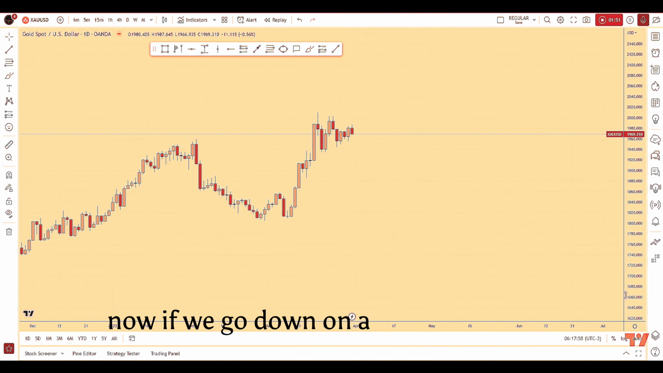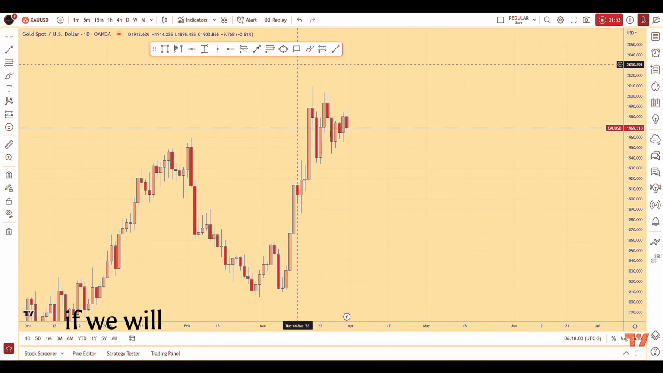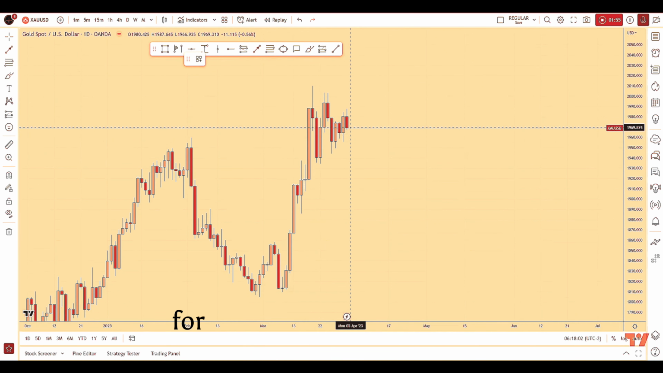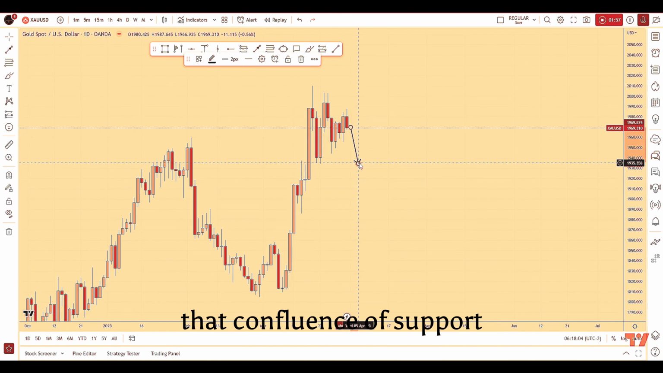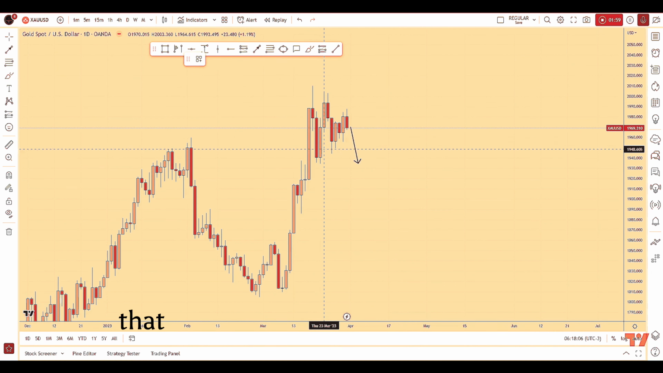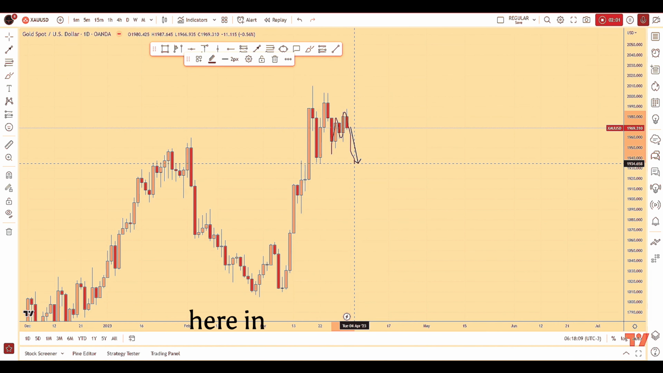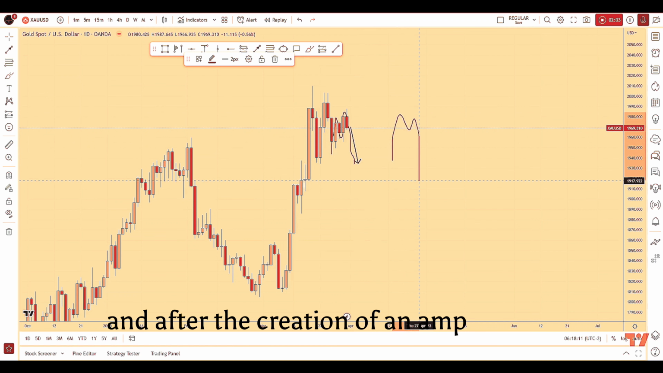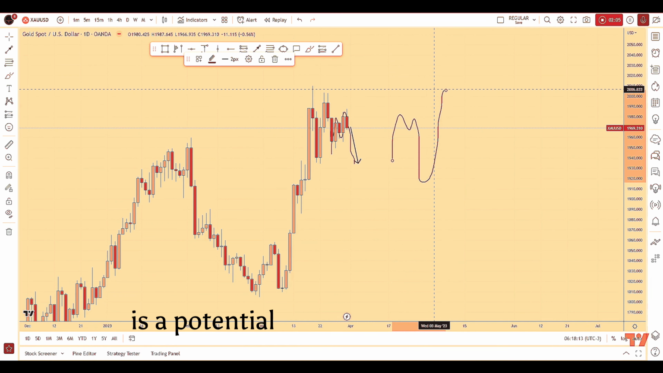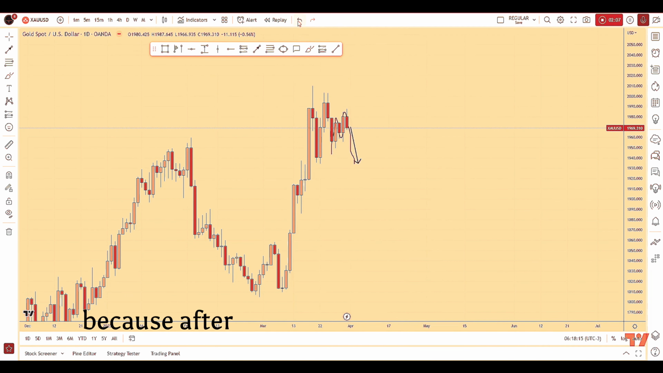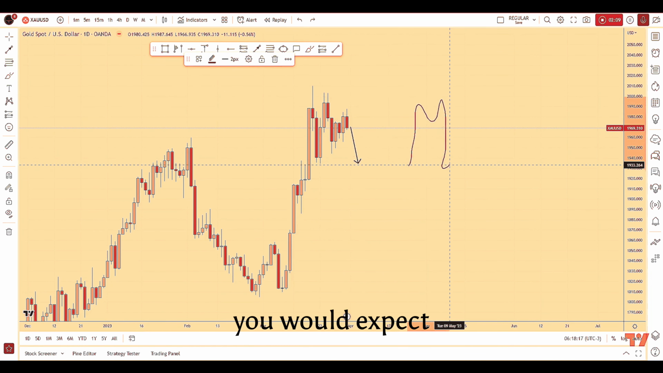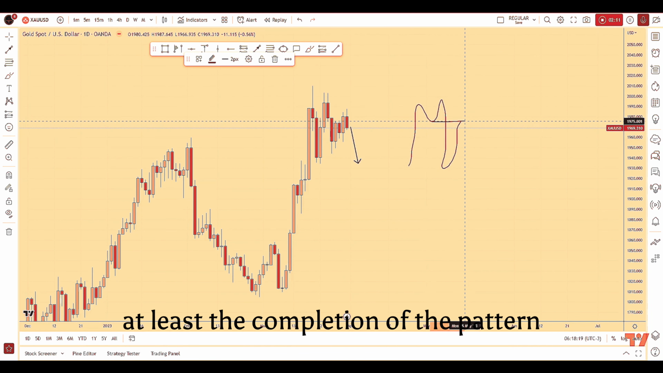Now, if we go down on the daily time frame, we can see that if we will actually see this move to the downside for the market to go and test that confluence of support that we have just identified, that would also create an M pattern here on the daily time frame. And after the creation of an M pattern, what we could expect is a potential rejection to the upside, because after the creation of an M pattern, you would expect at least the completion of the pattern at the neckline,